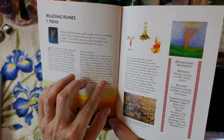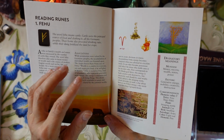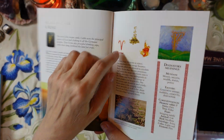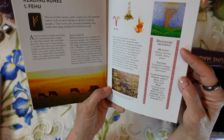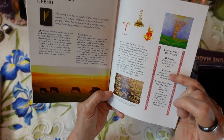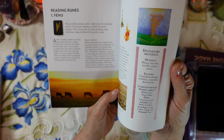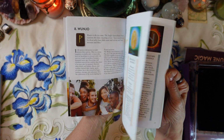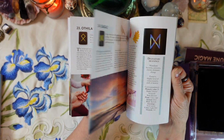All right, so it has associations with an astrological sign. Okay, and then divinatory meanings, mundane meanings, esoteric meanings, correspondences, and this is kind of nice because it's like the short version. Okay, and it goes through that with all the runes,